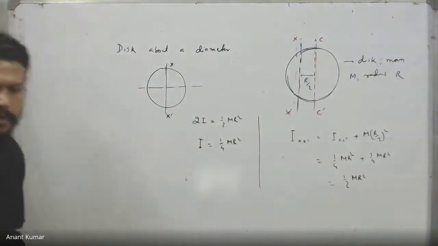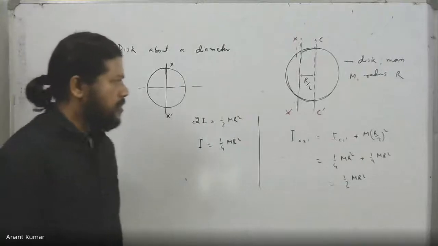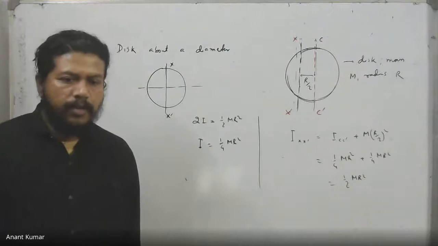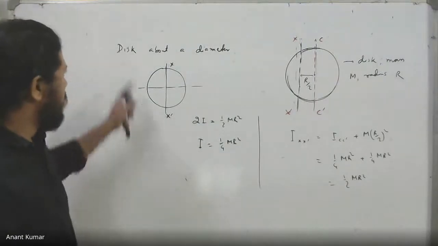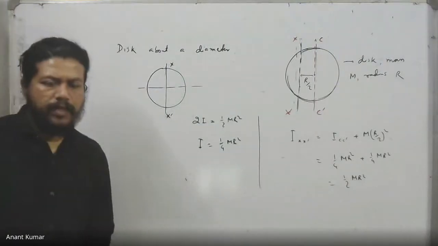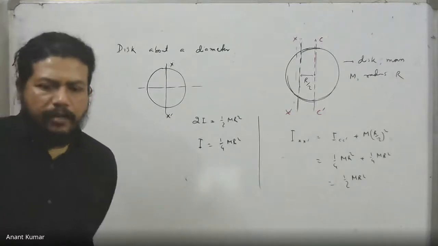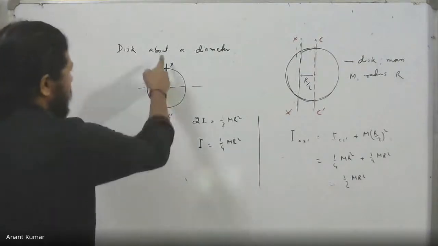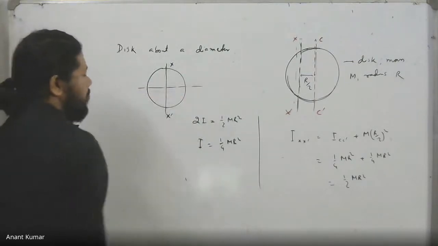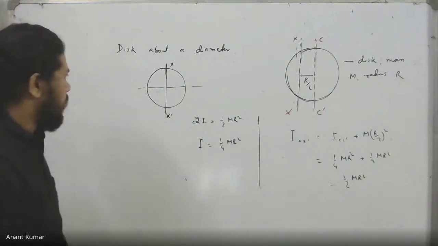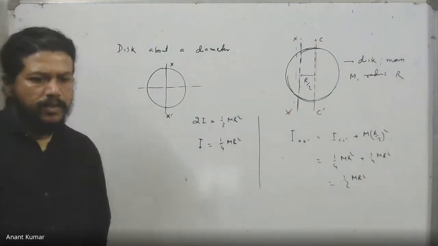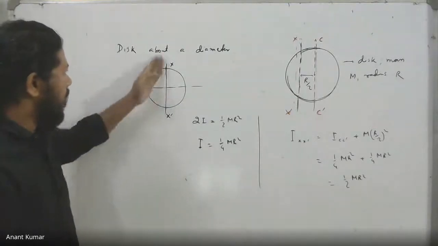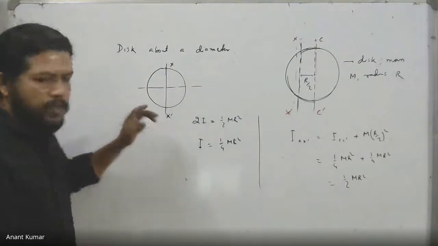Yes, I was saying that in this case I'll first apply the perpendicular axis theorem to get the moment of inertia of a disk about a diameter. Now, obviously, the disk is symmetrical. About any diameter, the moment of inertia will be the same. So if I take the moment of inertia about this diameter as I, then about this perpendicular diameter it is also I. So if I apply the perpendicular axis theorem, I have in this case the moment of inertia about the central axis equal to I about XX prime plus I about this axis, but they are the same.